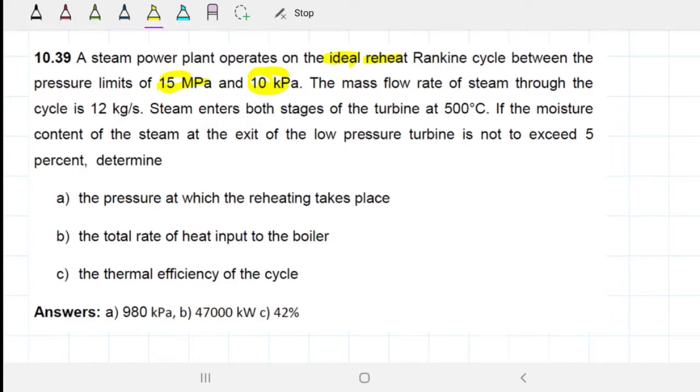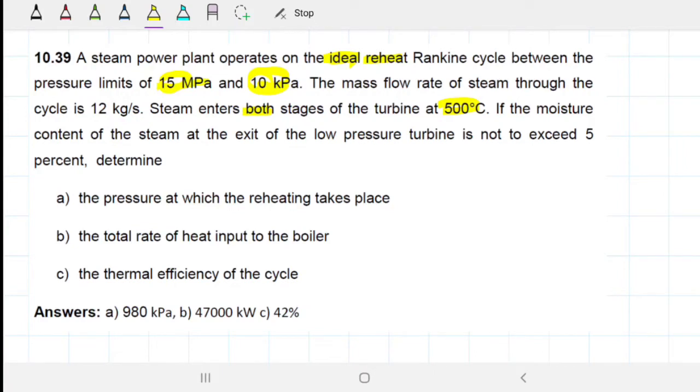So the mass flow rate of steam through the cycle is 12 kilograms per second. And steam enters both stages of the turbine at 500, right? So as I said, there's two turbines. Both stages of the turbine, it enters at the same temperature, 500 C. If the moisture content of the steam at the exit of the lower pressure turbine is not to exceed 5%,